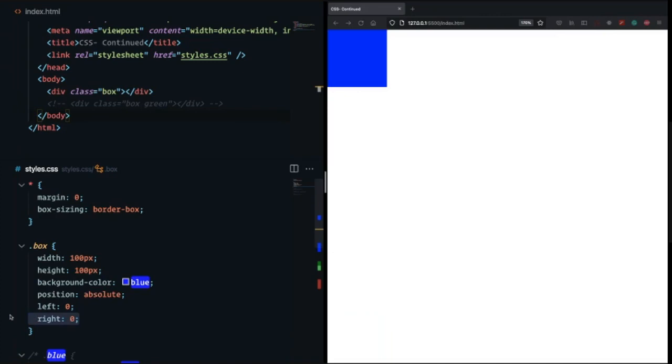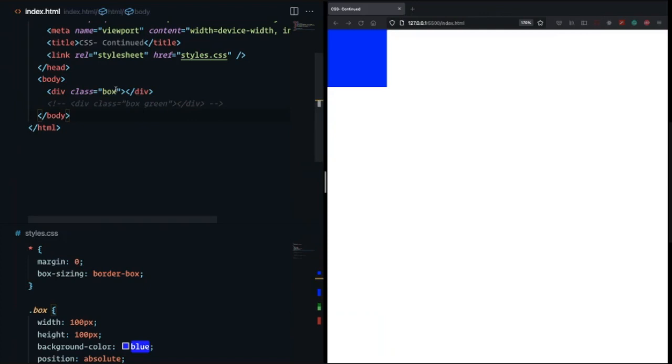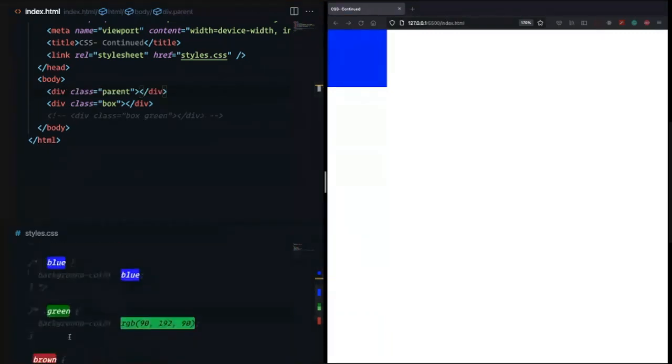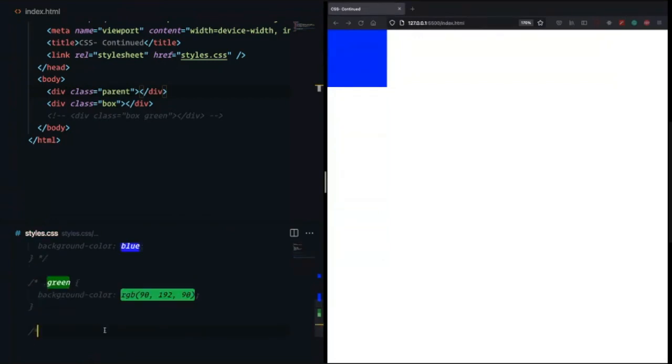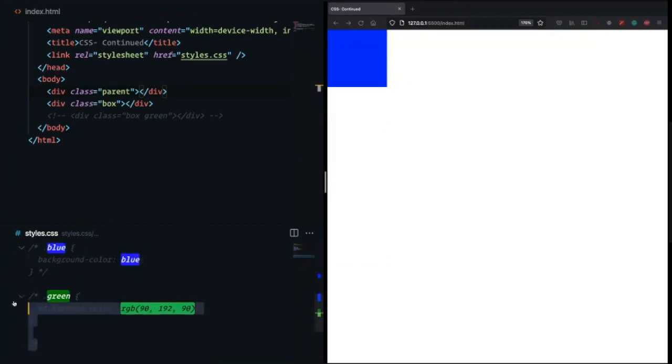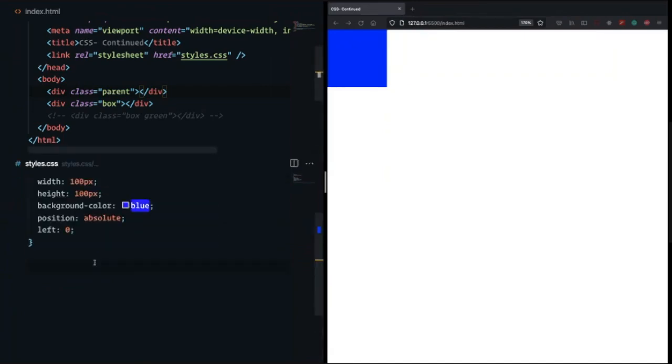Now I have one more use case. Let me just write here. Wait a second. Where is it? Yep. Let me create another div here. I'll give a class as a parent for this. Before doing anything here, there are a lot of classes here. Let me remove this. Let me just give one class, that is dot parent, and I'll give